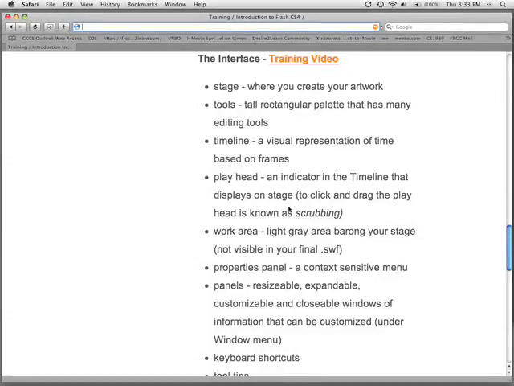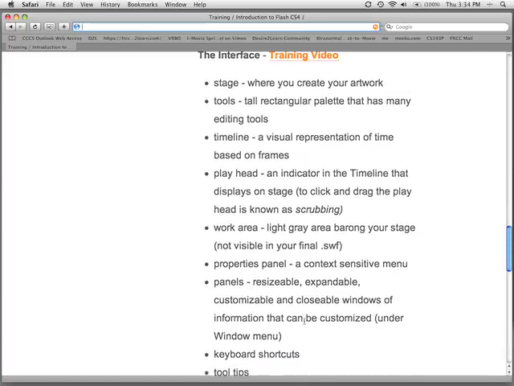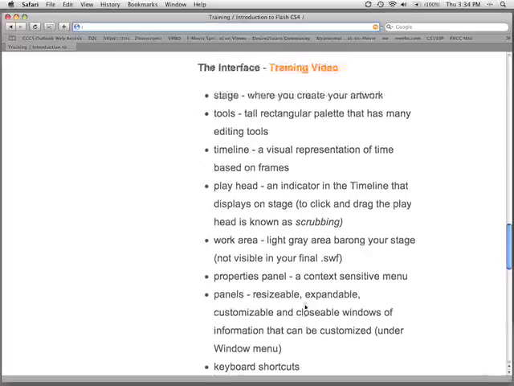Welcome to the interface of Flash. We're finally going to open up Flash now and take a look at it. So we'll go ahead and get started, and we're going to cover these things that are listed here in this bullet point. And to get us started, you'd launch just by going to your Start menu and Programs on a